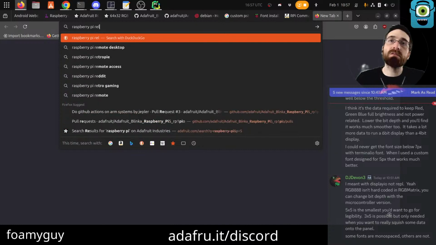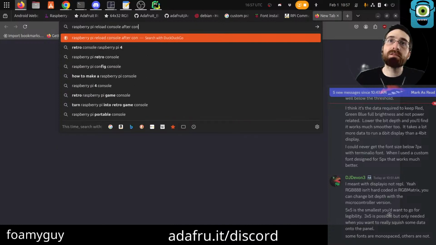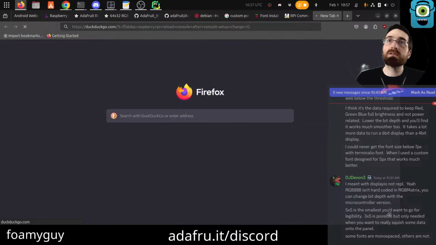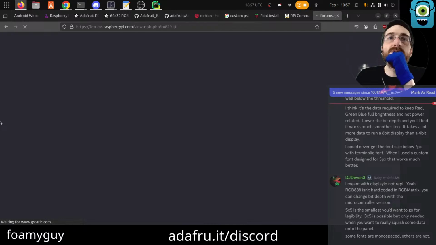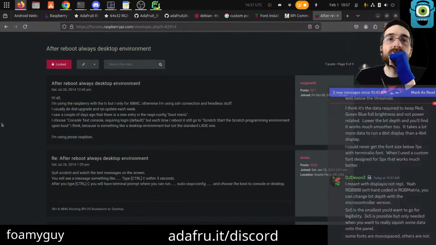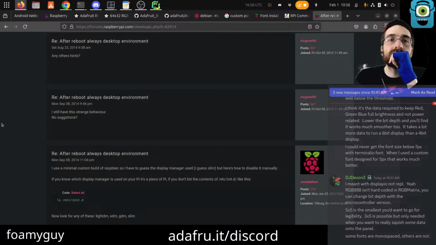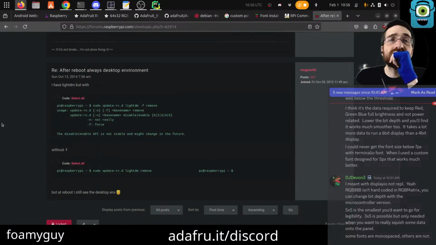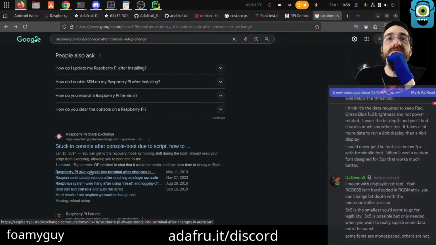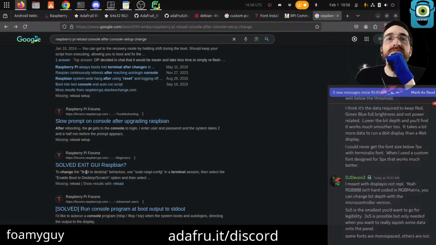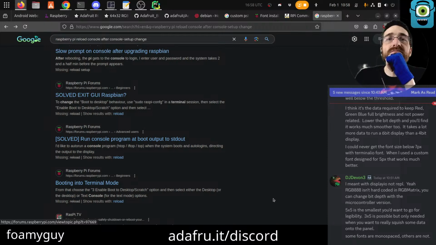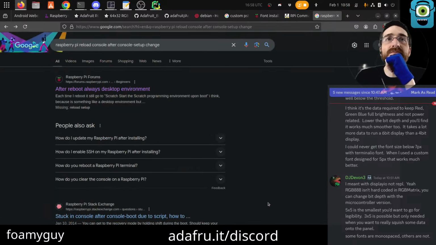Raspberry Pi reload console after setup change. Reboot. I don't want to reboot. I mean, there must be a way to do it, right?